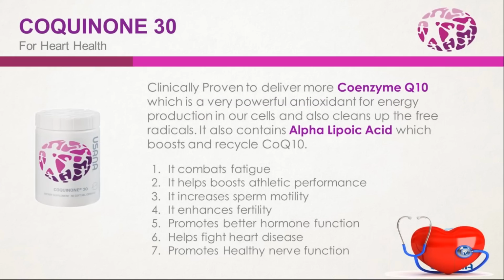Another one, for healthy heart, we have what we call our Coquinone 30, which contains coenzyme Q10. For some who are curious, coenzyme Q10, you can source it out from egg. However, each egg has 0.10 milligram. What you need every day is around 10 to 30. So, medyo 100 to 300 eggs ang kakainin mo, di ba? Hindi naman yata siya praktikal. So, ang benefits of coenzyme Q10 is that, when taken in the diet, it helps your cells